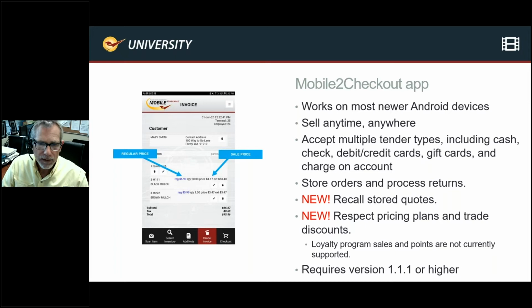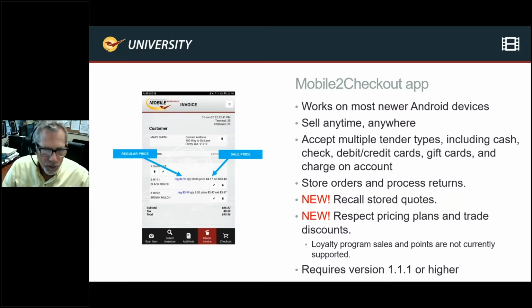However, I just want to make sure that everybody understands, as far as Ace Rewards goes and all of those tied to the Ace Rewards program, it does not support that today. And I don't know if that's going to be something that we support or not, but it is very complex.